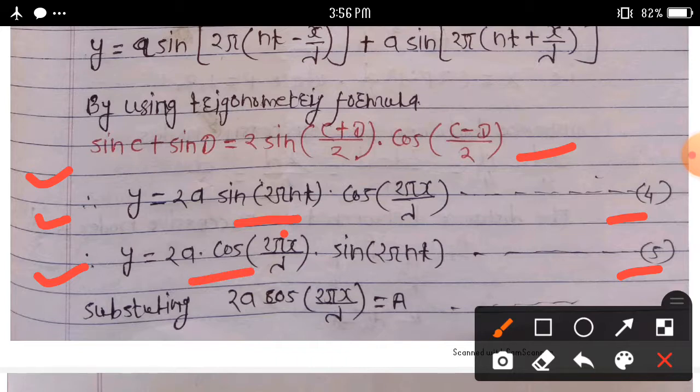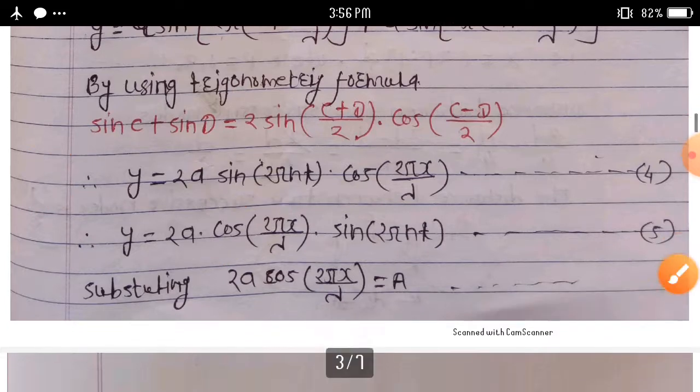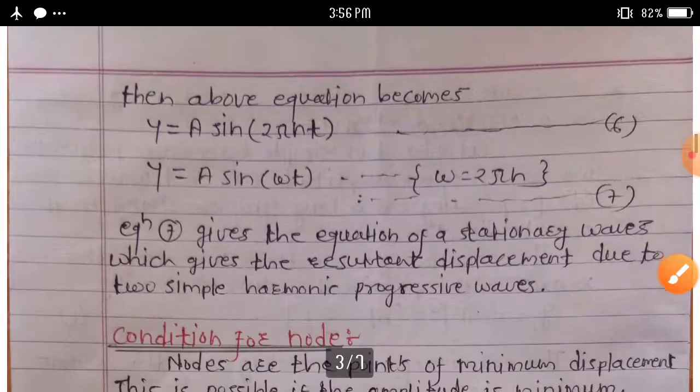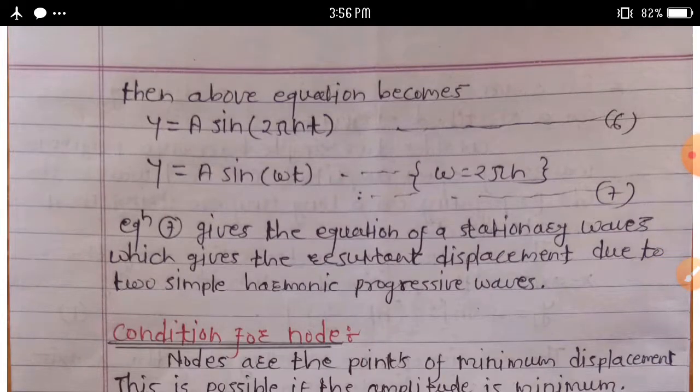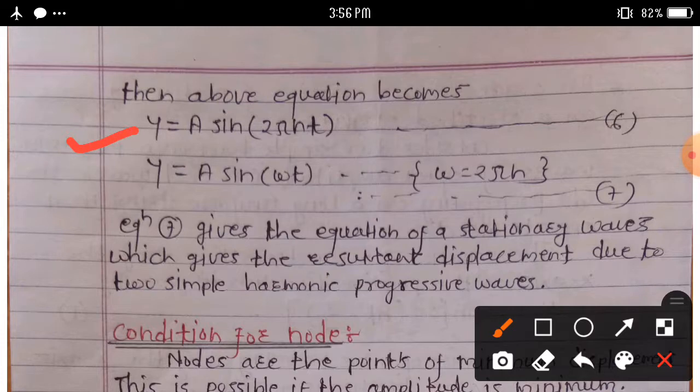Substituting 2a cos 2 pi x/lambda = A, equation fifth becomes y = A sin 2 pi nt, because A is equal to 2a cos 2 pi x/lambda. Then we can write 2 pi n = omega, so y = A sin omega t. Consider equation number 7. This equation number 7 gives the equation of a stationary wave,